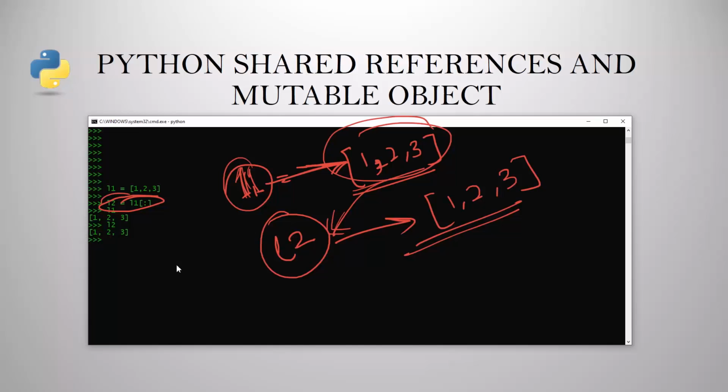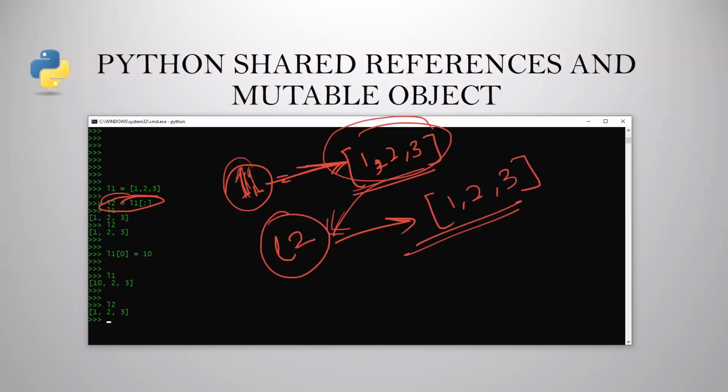If we make any in-place change to L1, let's say we change the first position to 10, and print L1, it will print 10, 2, 3, and if you print L2, we again have 1, 2 and 3. The changes made on L1 are not reflected on L2 because L2 references a copy of the object L1 references. So while making a copy, we are creating two memory locations.